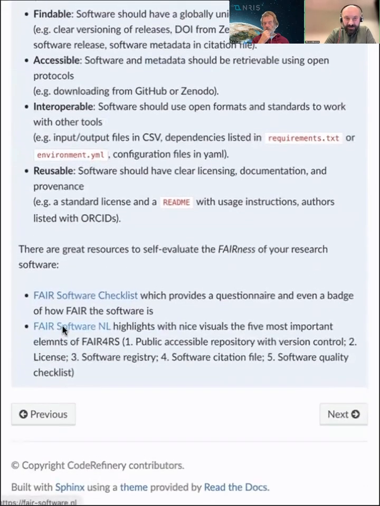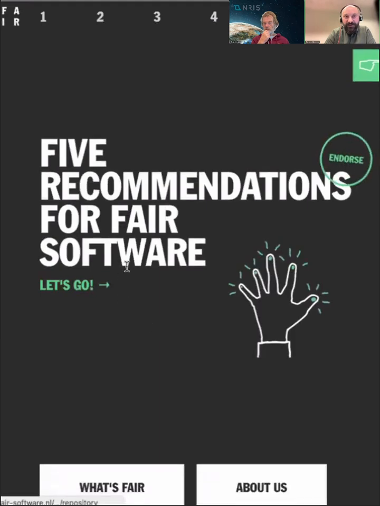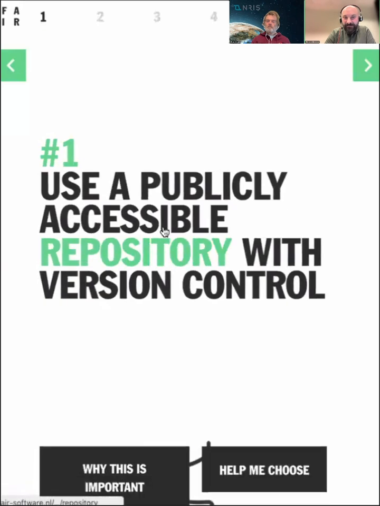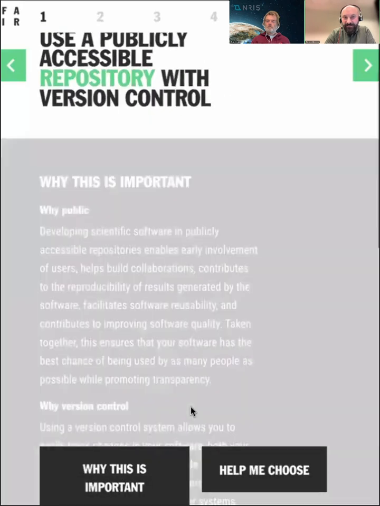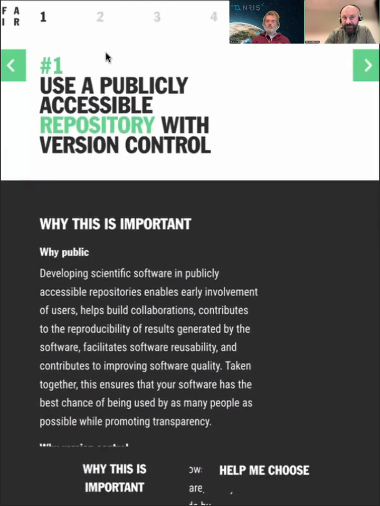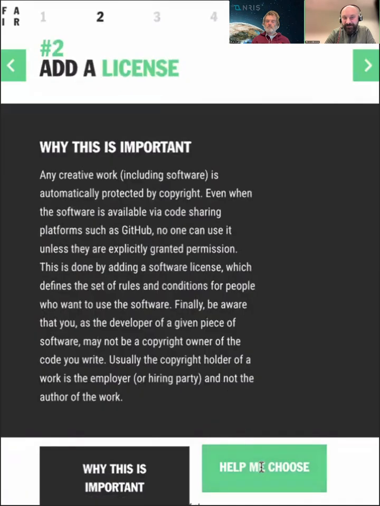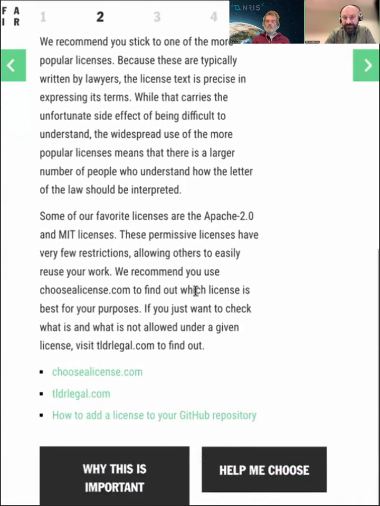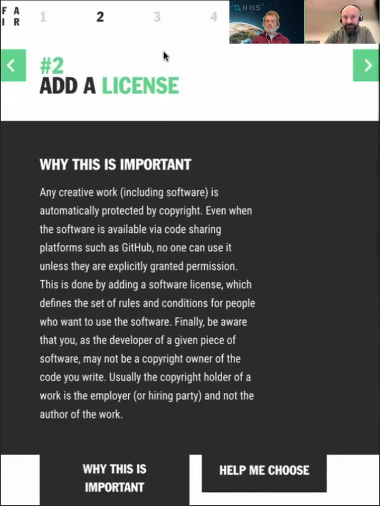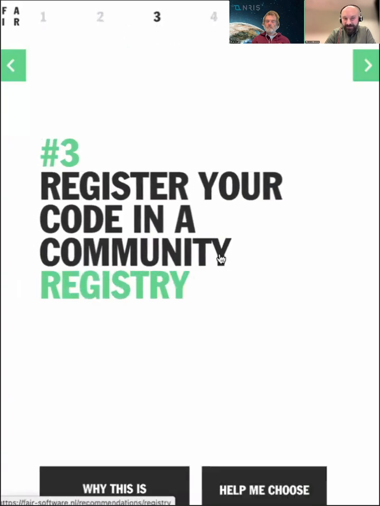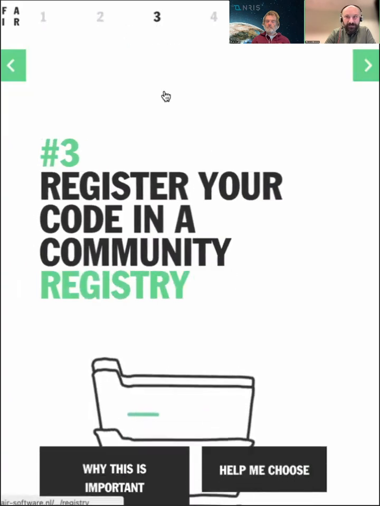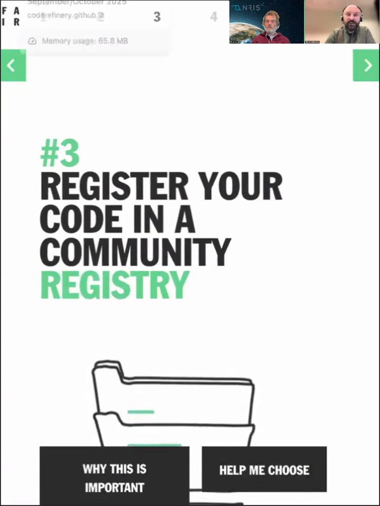I like this website, fair-software.nl from the Netherlands. It's a nice visual website, and it's not going to take too long. They also guide you on how to choose a license. Very good, basic but fundamental and important information.